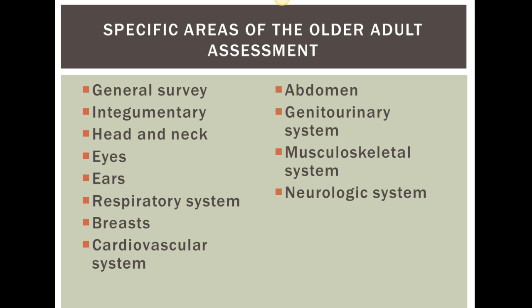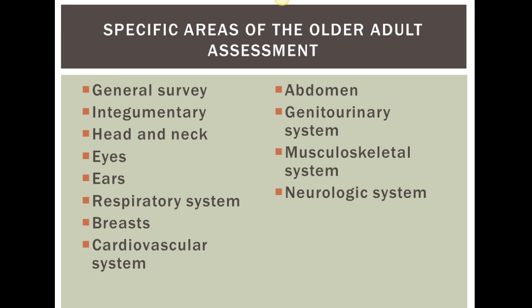You'll auscultate the lung fields. With breasts, you'll ask about previous mammogram screening, a history of cancer or changes, personally or in the family. Cardiovascular, listen to the apical pulse and auscultate heart sounds. Abdominally, listen to bowel sounds. Ask about a history of bowel movements and their laxative use at home.